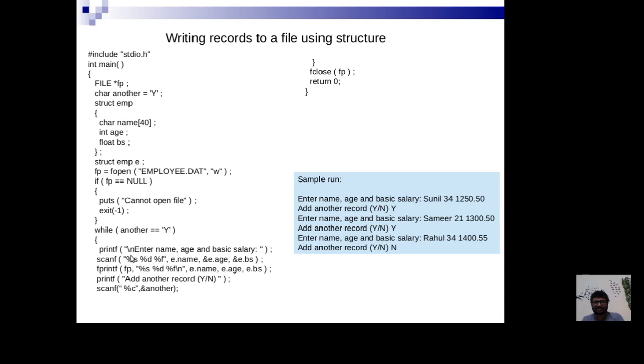So inside the while loop, you ask the user to enter name, age, and basic salary, and you store them in the appropriate fields of the structure variable e. In this scanf, we are assuming that name does not have any space. And then we use fprintf to write them all